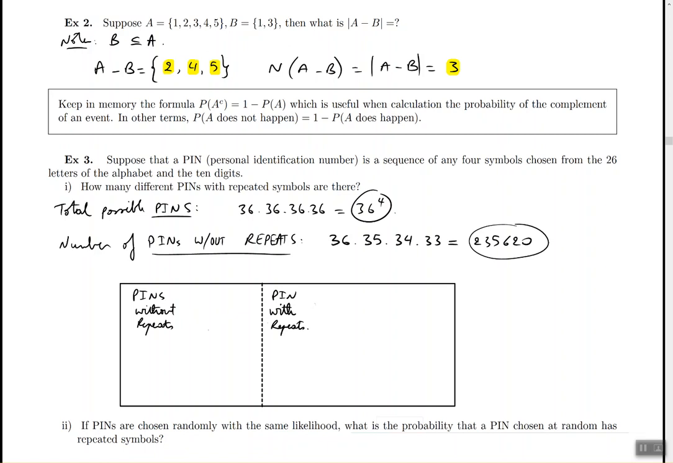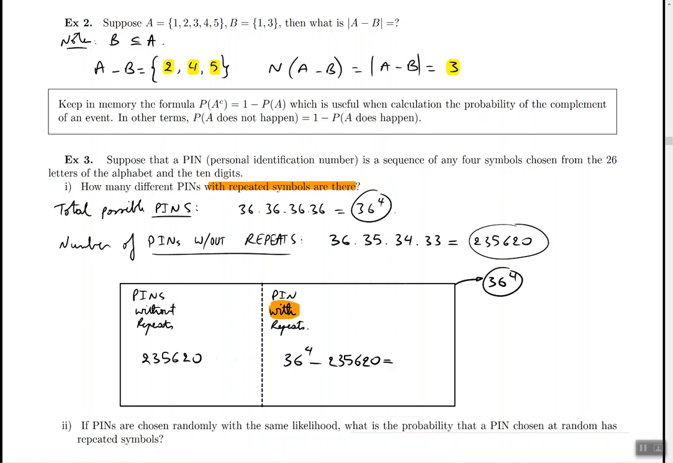Now, originally the question said how many pins with the repeat symbols are there. So they want the answer to this one right here. That's what they want. I discovered that the whole box has 36 to the power of 4 pins, and I've discovered that the number of pins without repeats is roughly 230,000. So the question is, how many pins are there in the leftover? Well, since the pins with the repeats are a subset of the bigger set, the number here should be 36 to the power of 4 minus the